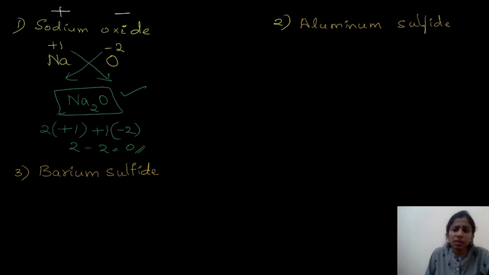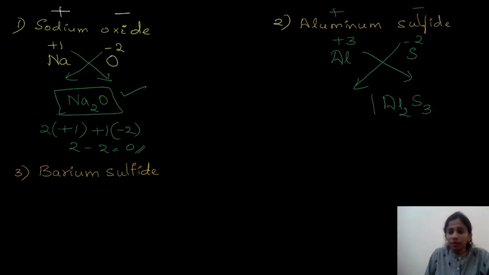Second example is aluminium sulfide. Again, the first part is a cation and the second part is an anion. Write the symbol of aluminium along with the charge. It belongs to group 13, charge is +3. Sulfur belongs to group 16, charge is -2. So I've written the symbols along with the charges. You can see the charges are not the same, so I have to cross the charges. When I do that, the formula will be